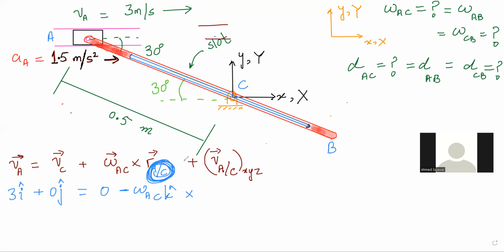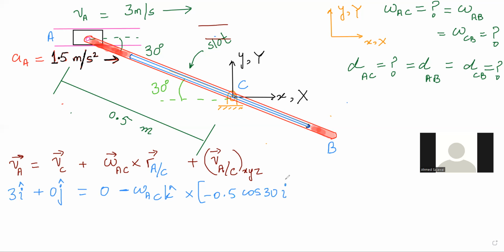In an exam setting, if you write AC, I am deducting your points. You have to write A/C, A with respect to C, because I am talking about A with respect to C. Here you write AC, no issues. BC, no issues. So A with respect to C, last time you already told me, is minus 0.5 cosine of 30